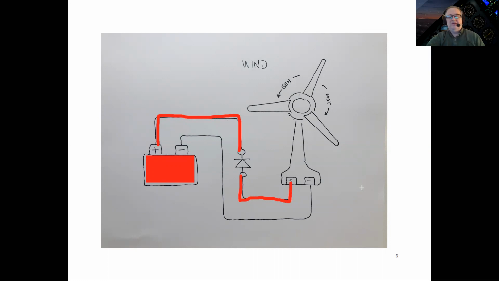Well, in most places where wind turbines are used, the wind tends to be pretty constant. But in the case that the wind stops, or it's so low that it can't really generate, what could happen is that the charge from the battery, if this diode was not present, would become the source, and current